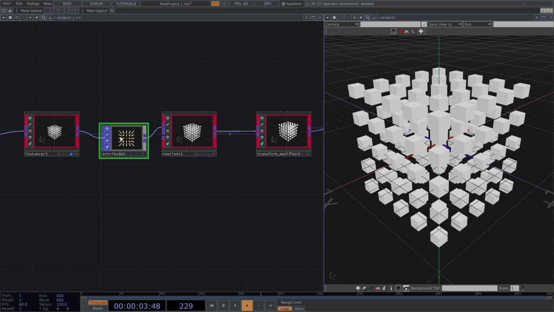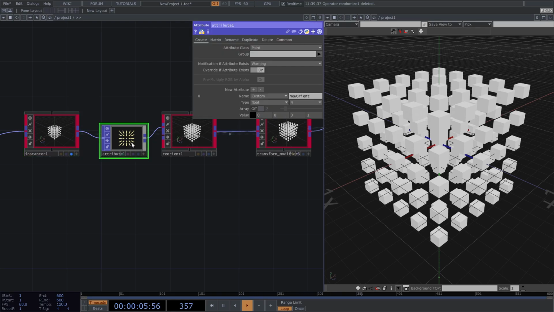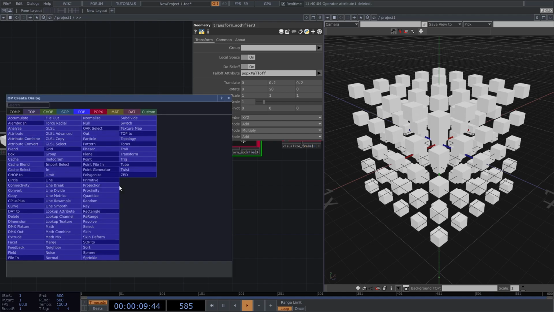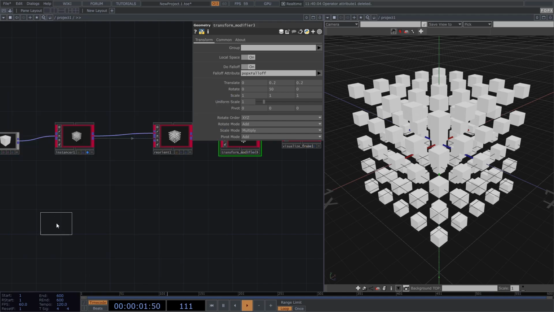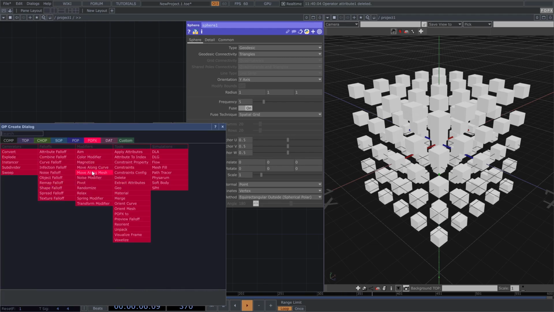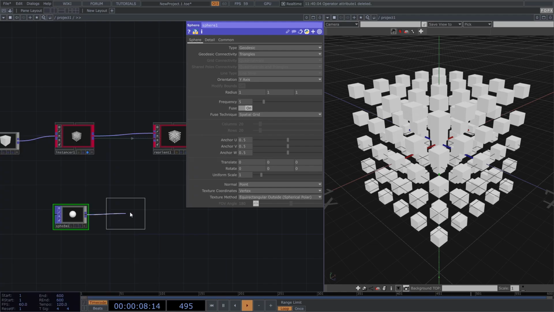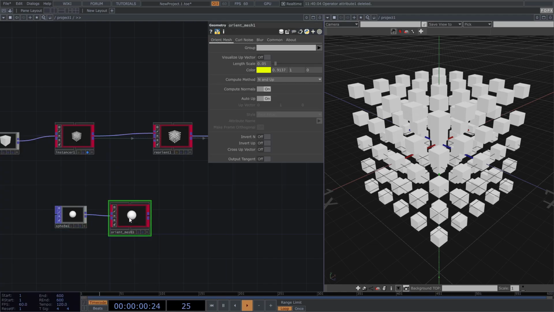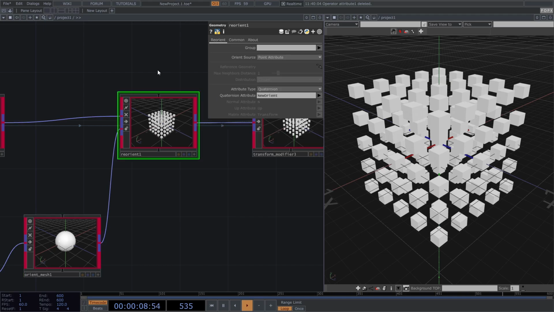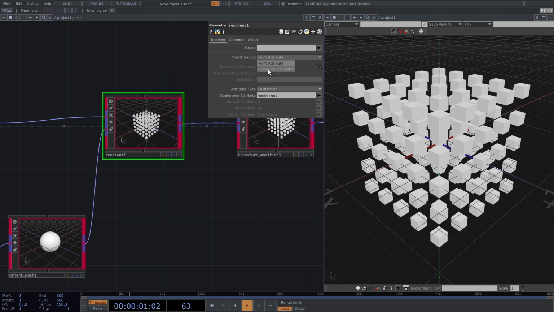And instead of creating a new orient, we don't need this anymore. We can create, for example, geometry, for example, a simple sphere, and I will connect it to the Orient mesh to create an orientation for that sphere. And when I plug it in to the second input of the reorient and choose the reference geometry,